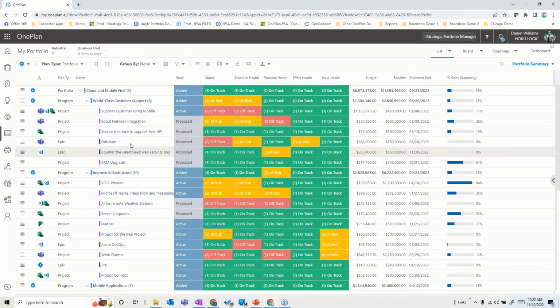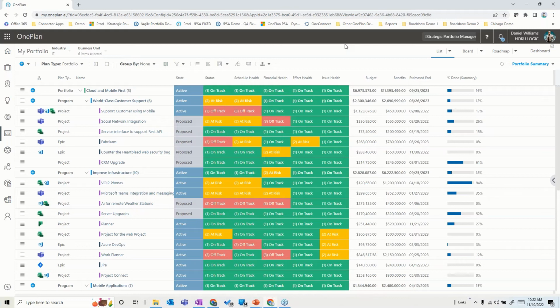Now, the benefit of this over having just metadata, the metadata may be ways you slice across this, but a program as an entity within this, or a portfolio as an entity, allows us to do other things like have budgets against the program or against the portfolio and roll up data into those specific areas in different ways that you can't do just by doing a slice via some metadata. So be aware that there are advantages to doing that.